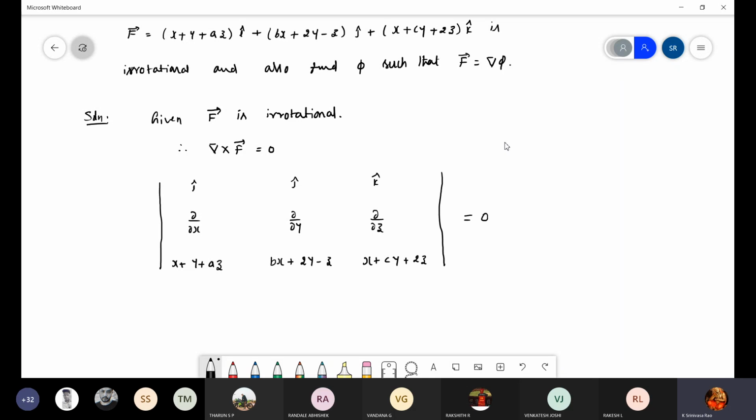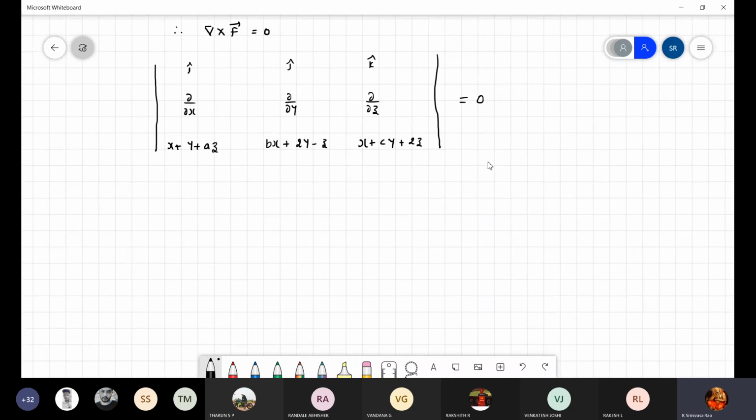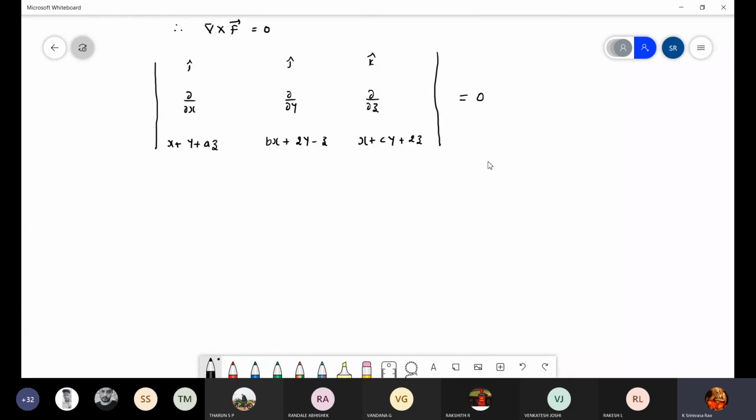Okay, so F is irrotational means curl F equal to 0. Let's simplify. As usual, the solution of a 3 cross 3 determinant is plus, minus, plus. So just write implies, not equal, because the equal sign you have to write in the right-hand side. Okay, so i cap into